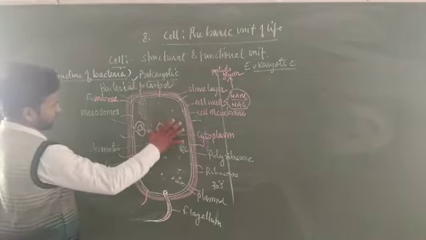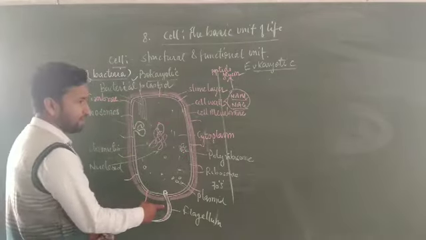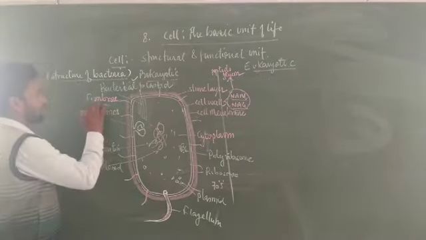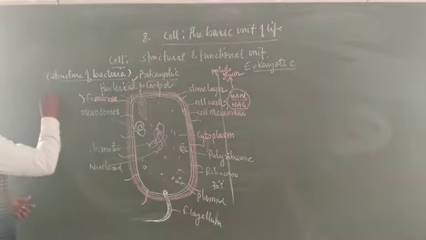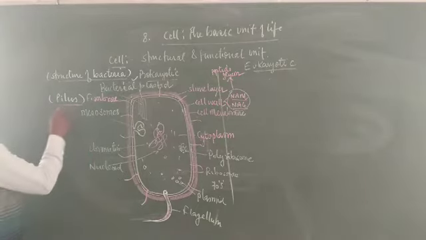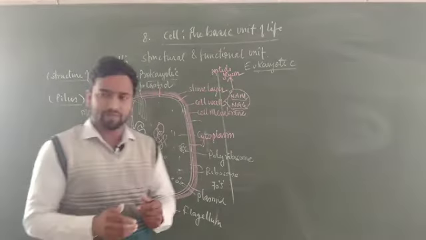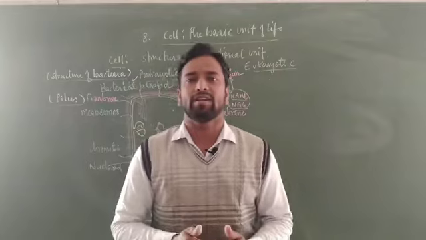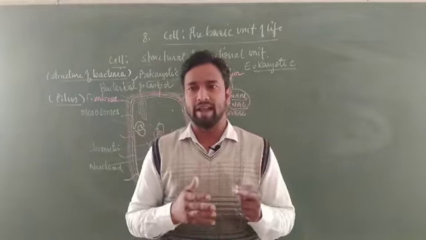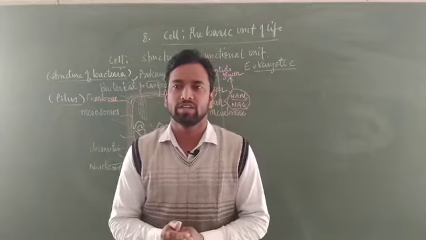On the external surface of the bacteria you can see two types of structures. First is fimbriae and second is flagellum. Flagellum especially provides motility to the bacteria, while fimbriae and pili, also called pilus, pili in plural form, and pilus is the singular word. These are found in some gram-negative bacteria. Pili or fimbriae help in the transfer of genetic material at the time of formation of the conjugation tube.